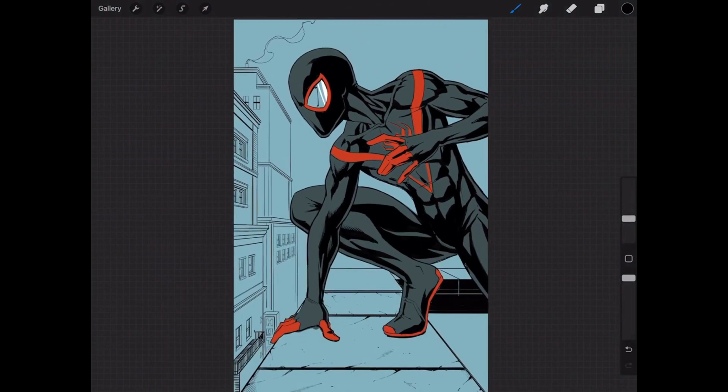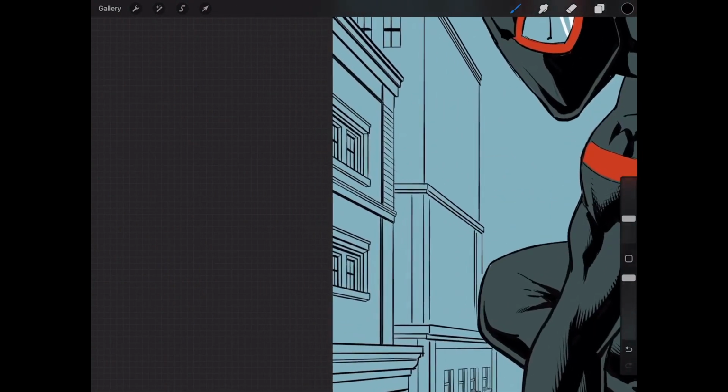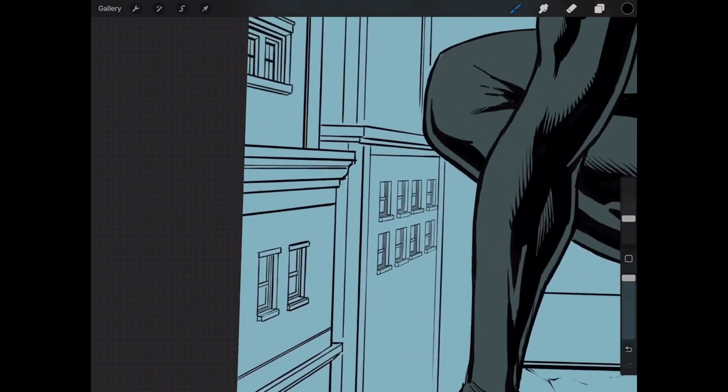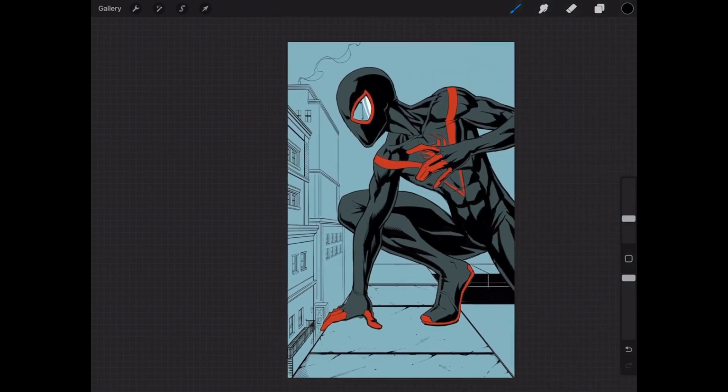But I bounced around a bit, and when I got to the background, I started to work through this, and there are elements I like that are okay, but not really. Those I copied. It just doesn't feel good. It feels boring. It feels like it's going to zap this piece from being as interesting as I hoped it would be. So I just want to show you a little bit of that,